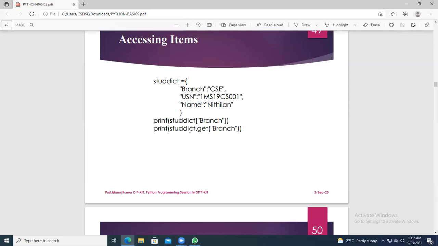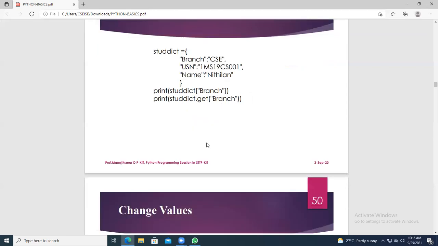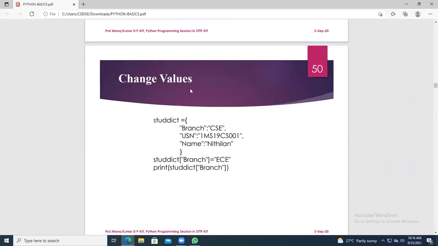You give std dot get of name. So remember, if you don't use square brackets, and you are using the get method, you should use parentheses. So that is accessing the items. Next, changing the values. So is it mutable or immutable?